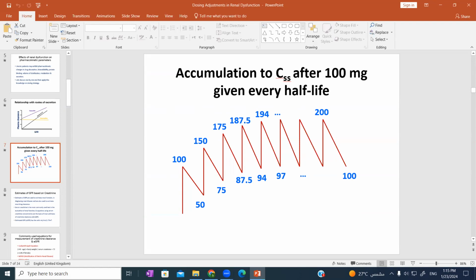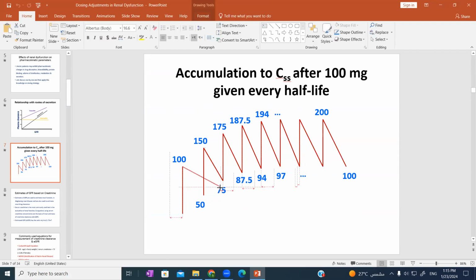The main function of kidney is to eliminate, to excrete. Now that function of the kidney is compromised, so the drug is eliminated more slowly, less than normal. In that situation, the curve will become like this. Am I right? Slow. And then you administer another dose,